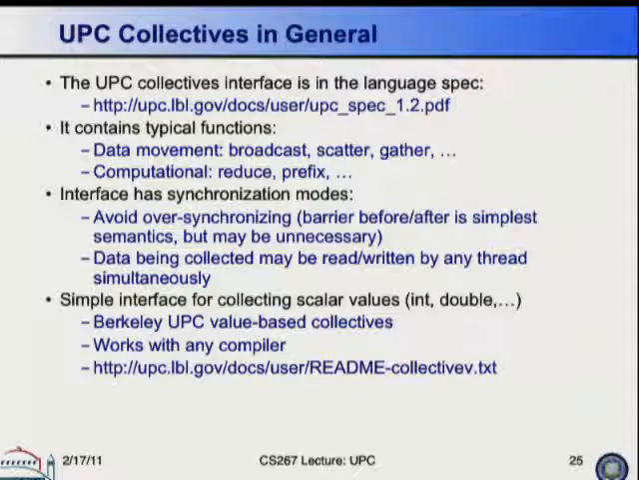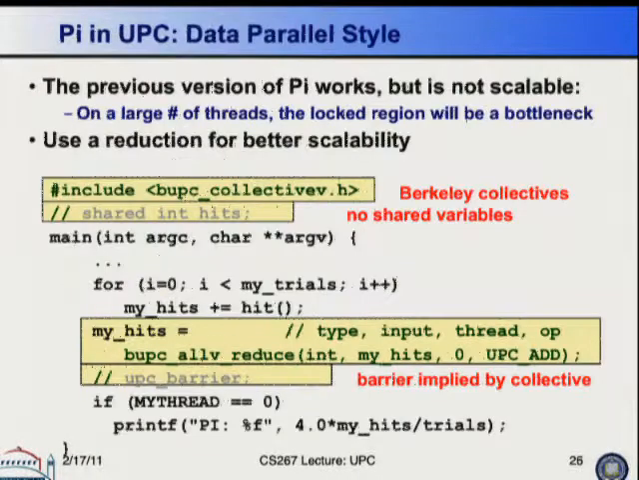If you're not doing collective operations on aggregate data structures like arrays, and you're just doing it on scalar values like ints or doubles, you can use what we call the value-based collectives. These are collectives that we made up a few years ago specifically for CS267, because it was so hard to give this lecture if I had to talk about the general purpose ones, and we found that these value-based collectives are good enough for a lot of examples. So here's the